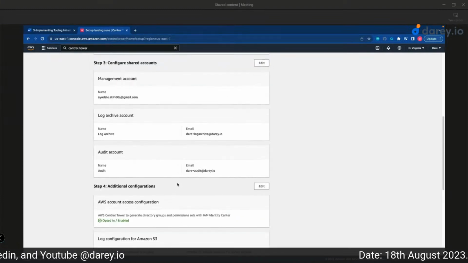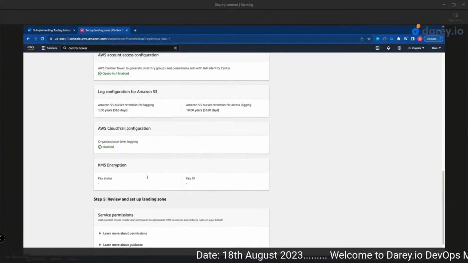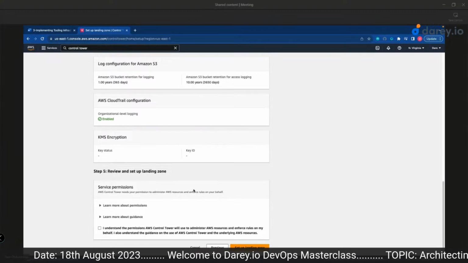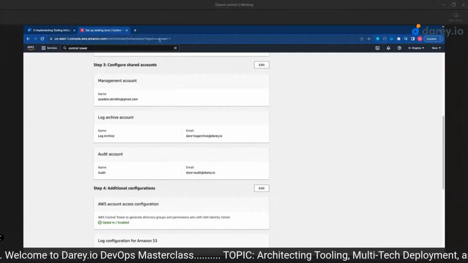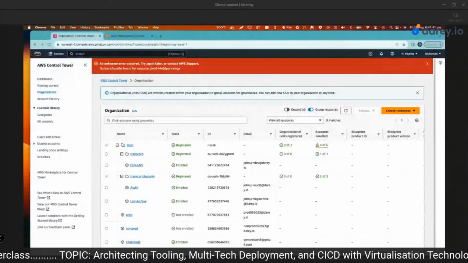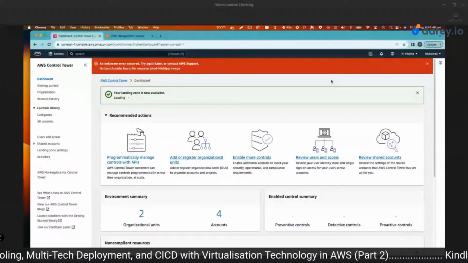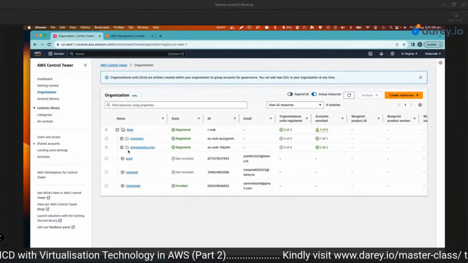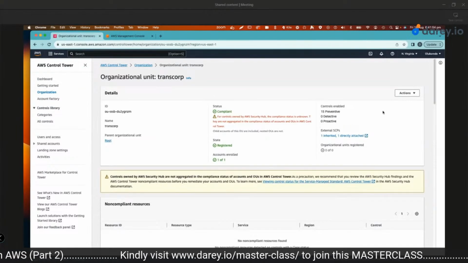Okay. So if it doesn't create those environments at this point, probably when it's done setting up the landing zone. I don't intend to set it up in this account. But once it's done, then you can go to the OU and create more. Let's assume, let me close this. So let's assume your Transcorp organization has been created, and now you want to create more